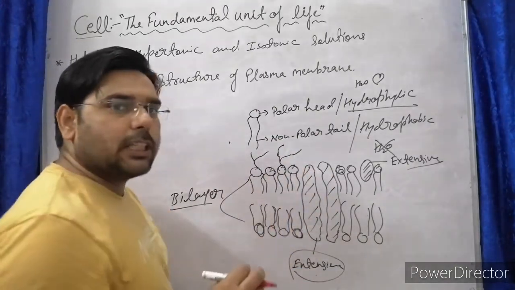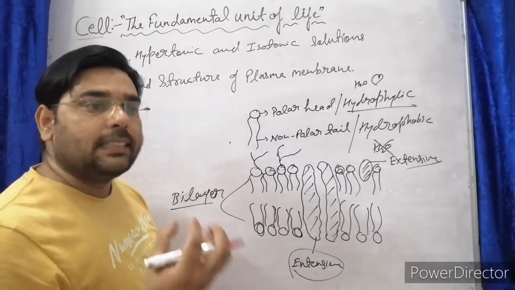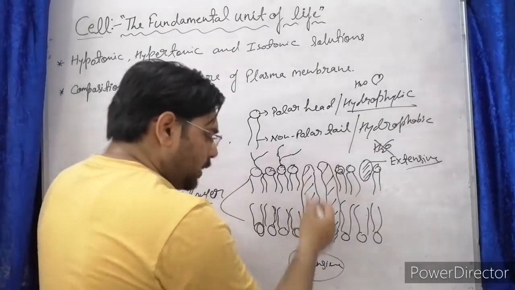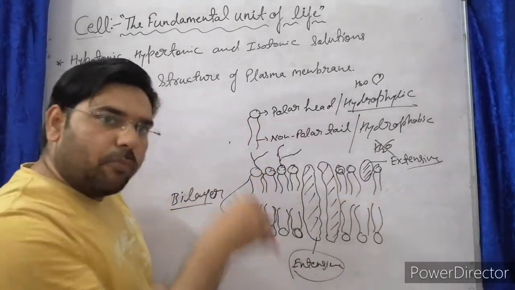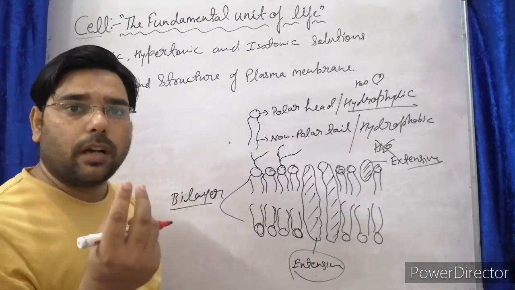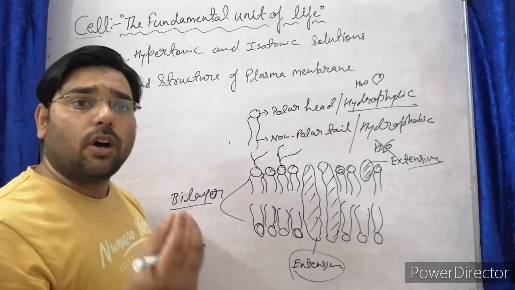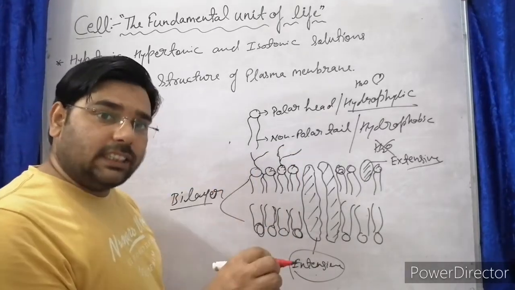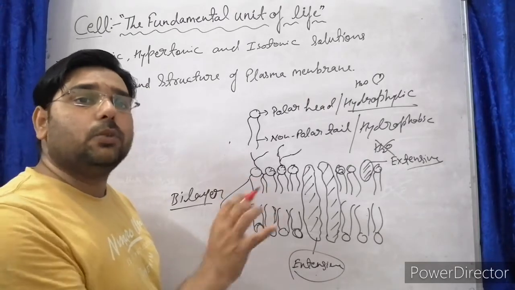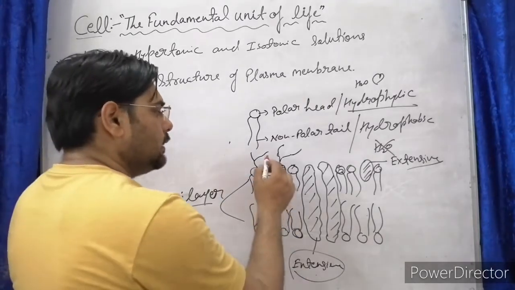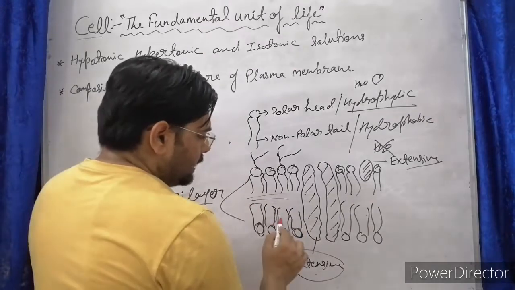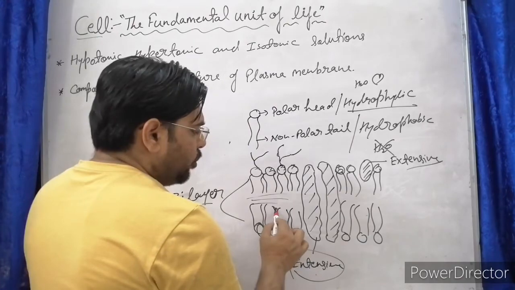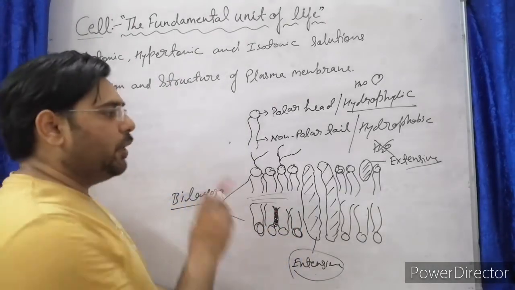And in active transport, it needs a protein channel, some way through which it can go. So this is the protein channel which facilitates the movement of bigger ions and bigger molecules into the cell. So protein works as a channel to pass substances into the cell. And in between there are some cholesterol particles also. Cholesterol helps to maintain the fluidity of the membrane.